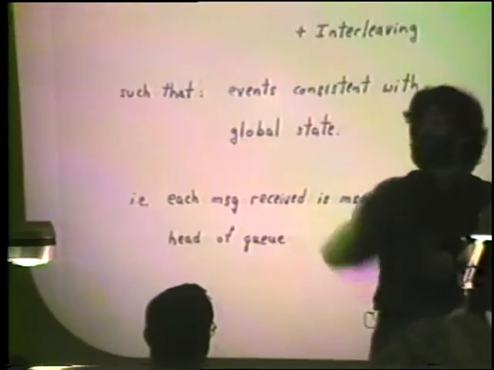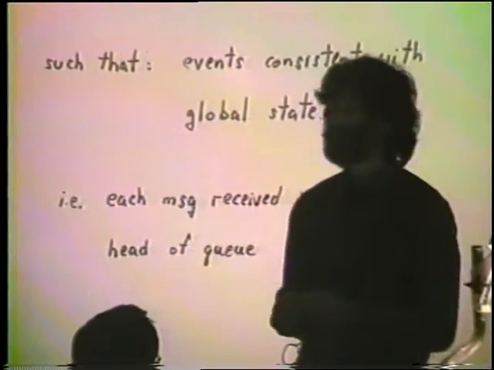Everything will work out fine until we get to a receive event. We can always do a send event. That just puts something on the end of a transmission line and decrements the state, and we can always keep track that way.